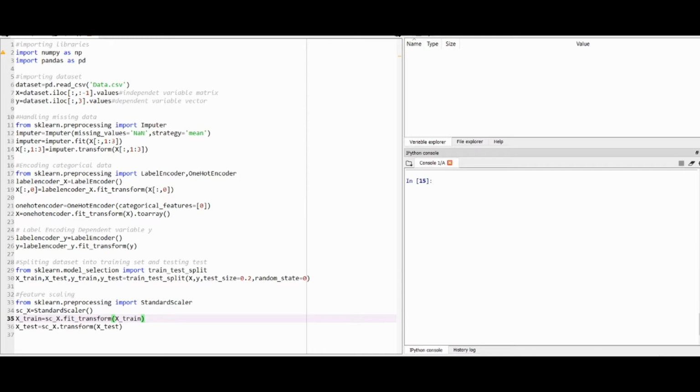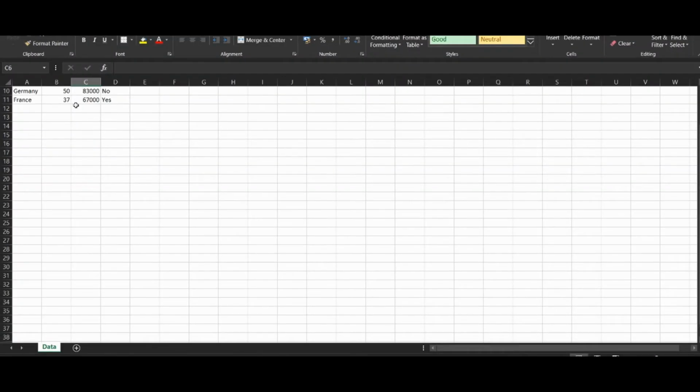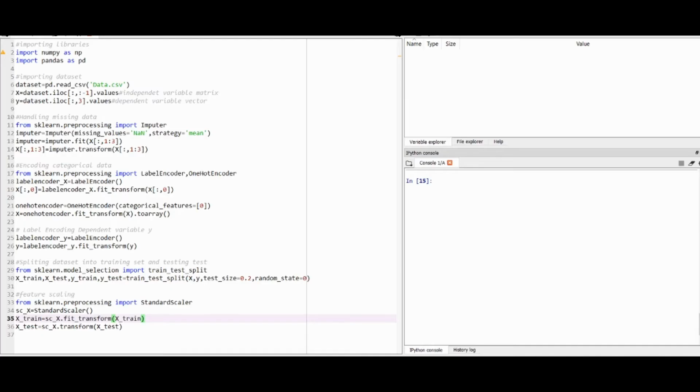of our dataset. And in machine learning we will always use datasets which are separated by some delimiters, and in this dataset the delimiter is a comma. That is why we use our data as data.csv. Now before going further, let me show you our dataset. This is our dataset in which we have 4 columns and 10 rows. The first 3 columns consist of our features matrix X, and the last column is our dependent variable Y. So now let's go to the code again.